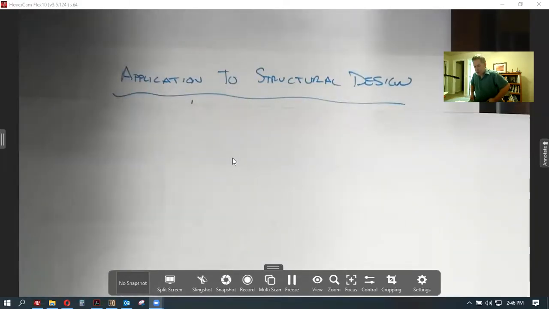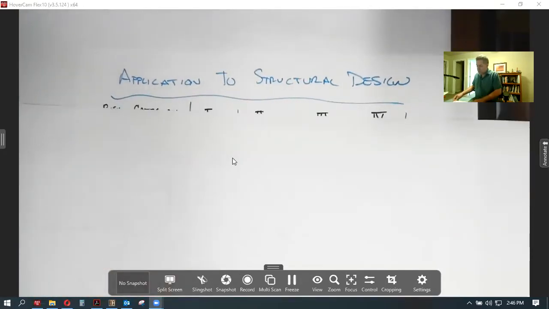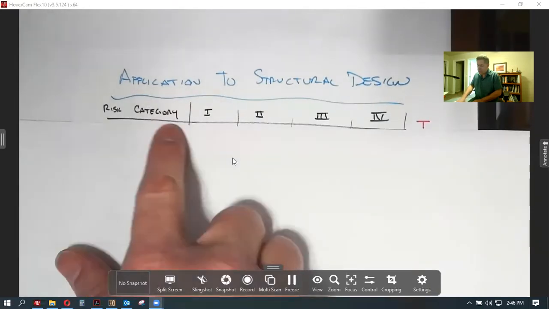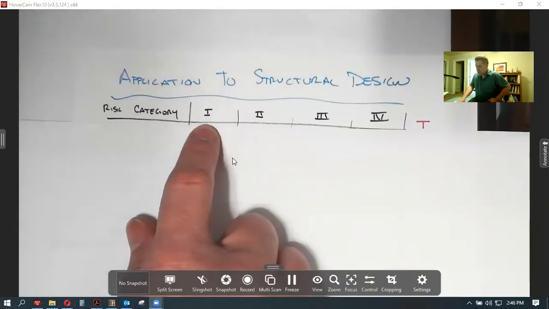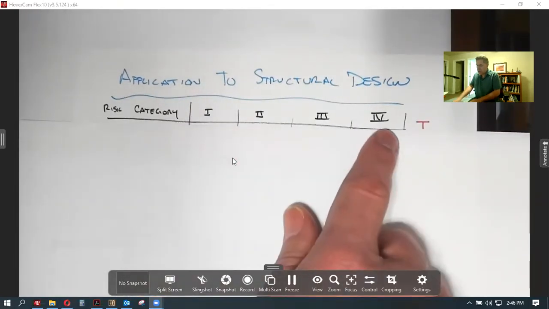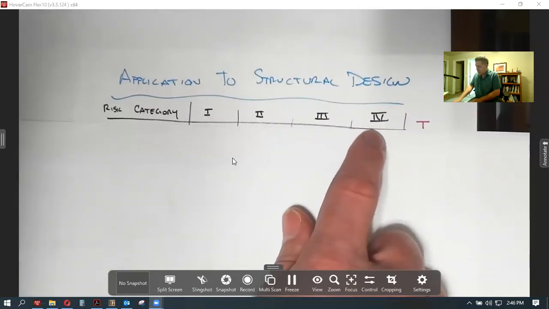Let's talk about how we apply these probabilistic models and recurrence intervals to structural design. Let's go back to our basic notion of risk categories. We've got four of them. The agricultural type facility or storage facility, where there's little to no human occupancy, is down here in risk category 1. Your critical and essential lifeline facilities, lifeline being the key, are out here at number 4. That's special hospitals, special surgery centers, places that are needed for immediate post-disaster recovery, sitting here in